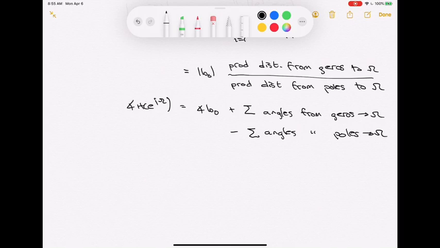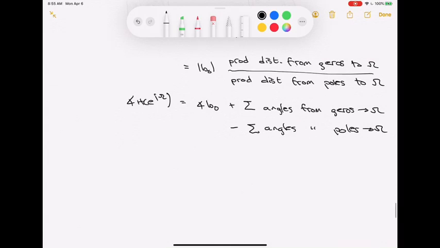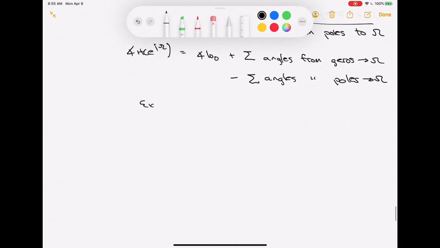Exactly the same as what we saw from continuous time. Exactly analogous